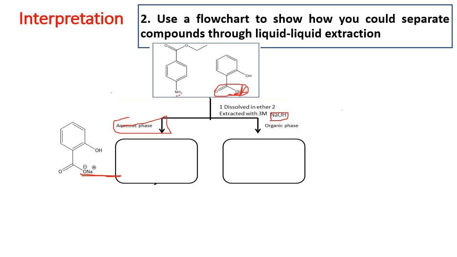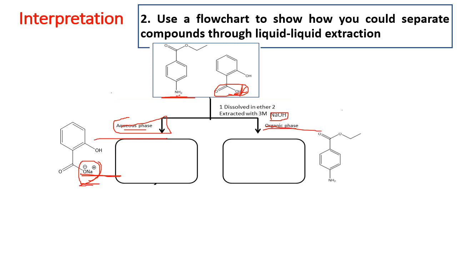And then in the organic phase, I will get the other compound intact without being ionized, so I'll just draw it as it is. By that, we can separate both of them, one in the aqueous layer and one in the organic layer. Please don't forget that you will be evaluated on drawing both structures correctly, and for the sake of the solid salt structure that will dissolve in the aqueous layer, you will be evaluated on how you ionize